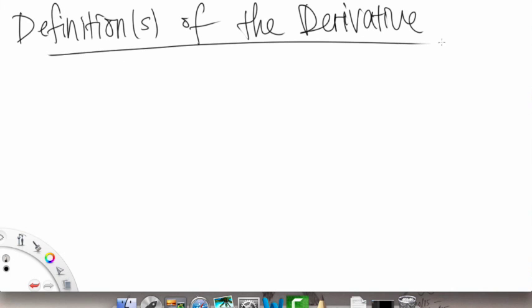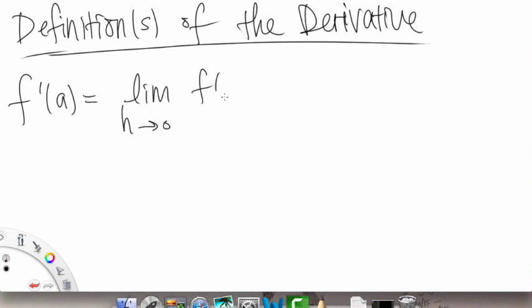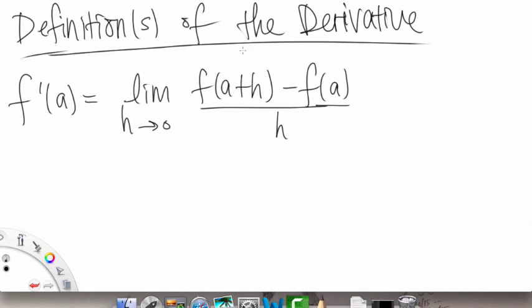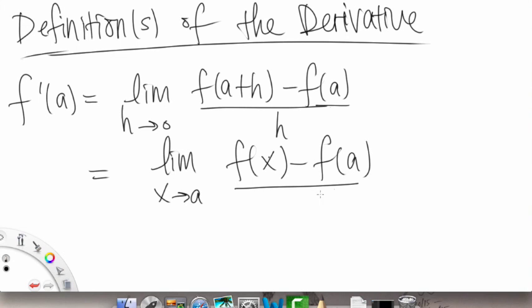Okay, so this is what we know. There are two ways. The first one is going to be f prime of a is equal to the limit as h goes to 0 of f of a plus h minus f of a, and then all over h. So that's the second one we learned. And then this is also equal to the limit as x approaches a of f of x minus f of a over x minus a. So this was the second one we learned, and this was the first one that we just learned. Okay? Alright, so that's just a refresher there, and now we'll go on to something a little bit